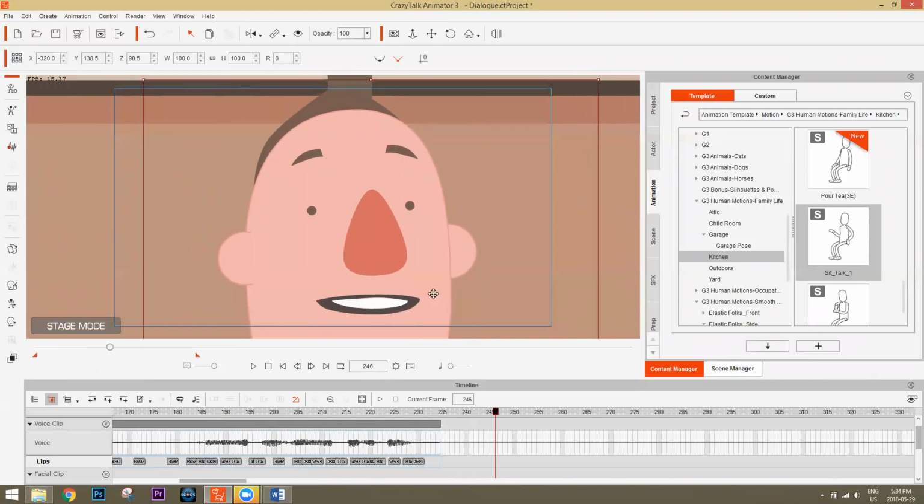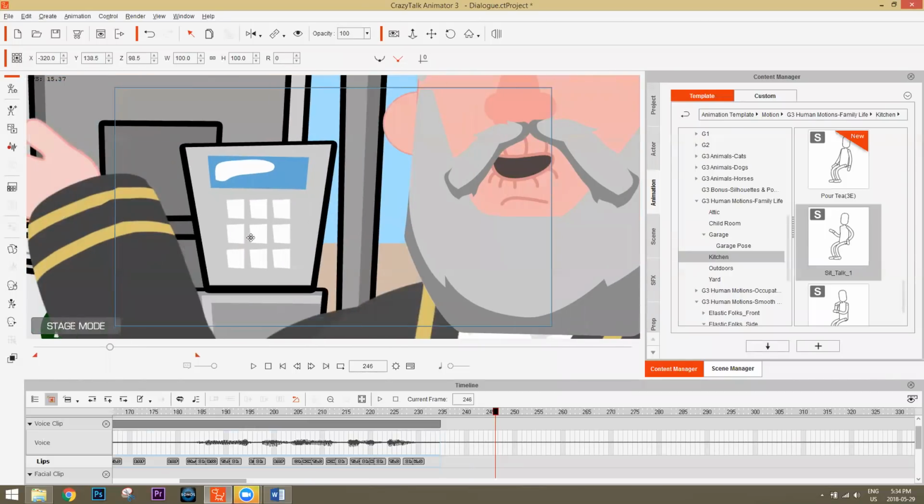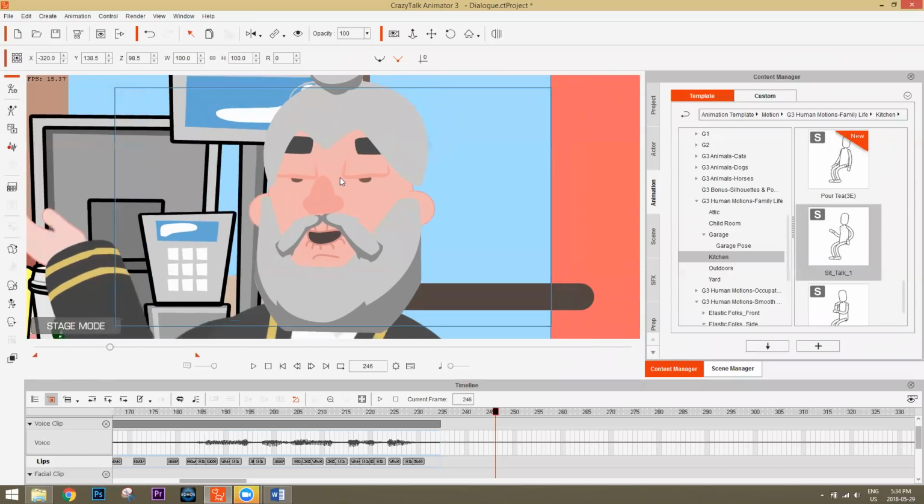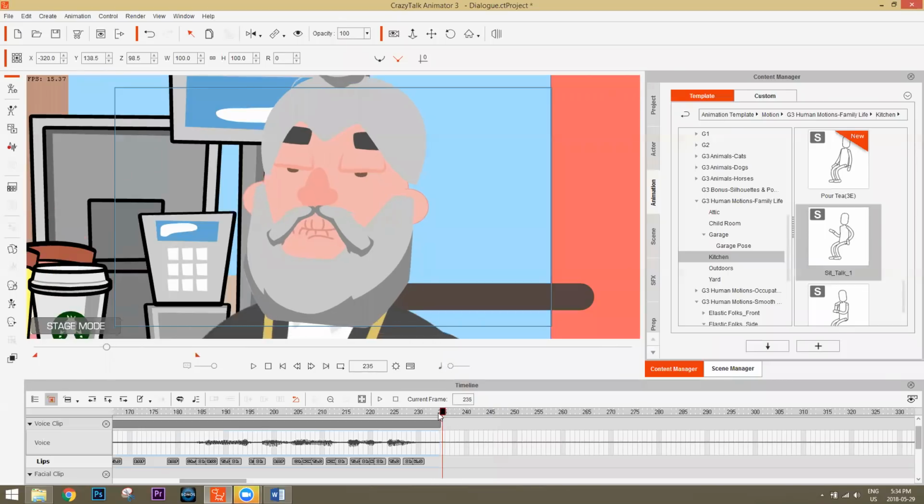Green. Okay, so let's go back to the hot dog vendor then, and let's do a little bit of facial animation with him. And I'm not going to spend too much time on this. I kind of want to show you a couple of good examples before I move on to the sprite switching and the linking and all that stuff. Okay, so let's do an example with this kind of character, because he has the same facial type, I guess, using sprite switching animation, but his eyes and eyebrows and everything are a little bit different. So let's go ahead and focus on him.